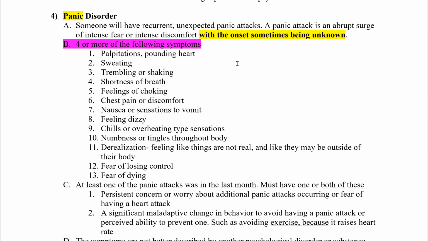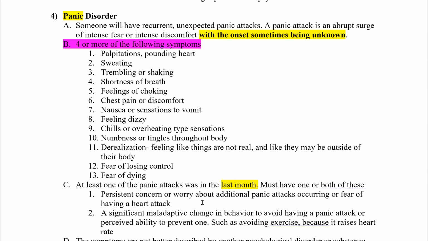we may have panic disorder be the most likely answer, because the length of time we're looking at here is at least 1 month or longer, because it has to have at least one panic attack within the last month and must have one or both of these. So this is kind of like a gatekeeper for panic disorder, similar to how major depressive disorder had its 2 gatekeeper criteria. Persistent concern or worry about additional panic attacks occurring or fear of having a heart attack, and a significant maladaptive change in behavior to avoid having a panic attack or perceived ability to prevent one,